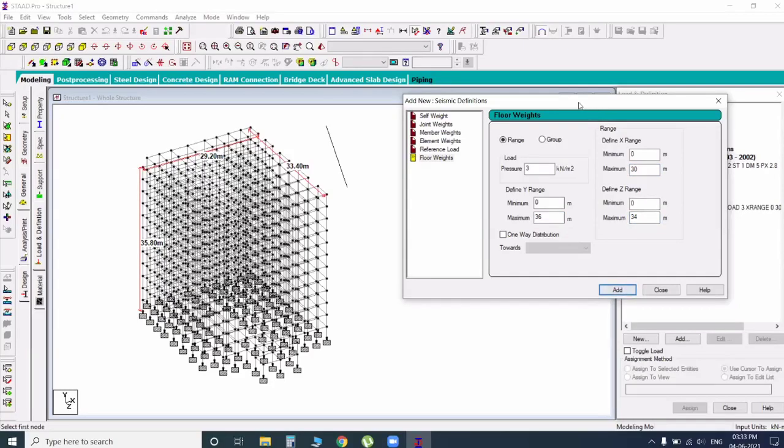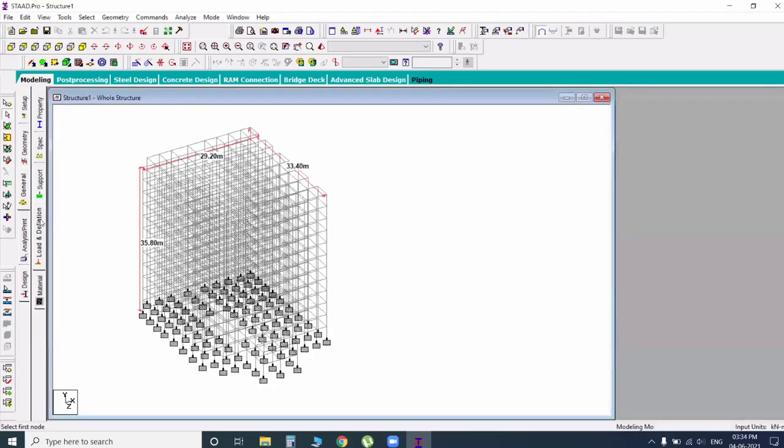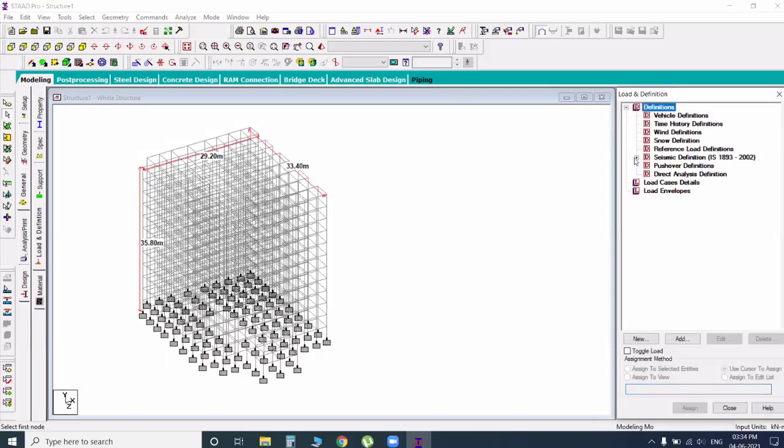Some PhD persons and MTech project persons go with each and every floor calculation. Each and every floor means 0 to 3, 3 to 6, 6 to 9, 9 to 12. Like that, they go for analysis purposes, manually, and the same thing for PhD persons and research persons. And the live load value is 2. No confusion. We are only entering this in definitions, dead load and live load also.